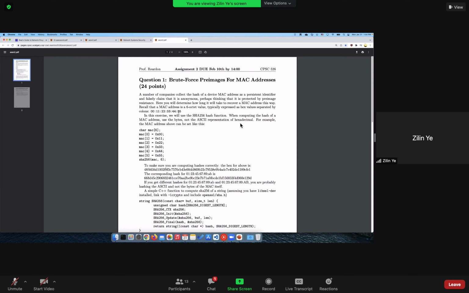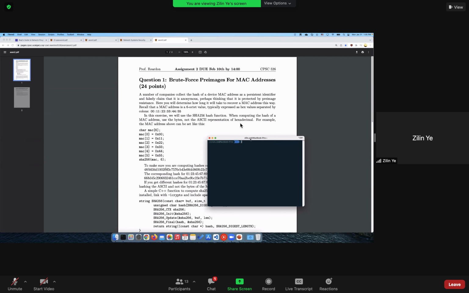You don't want to compute the hash of the string 00 11 22 33 44 55, because if you do that, let me just show you quickly what will happen. I should echo this into a text file,